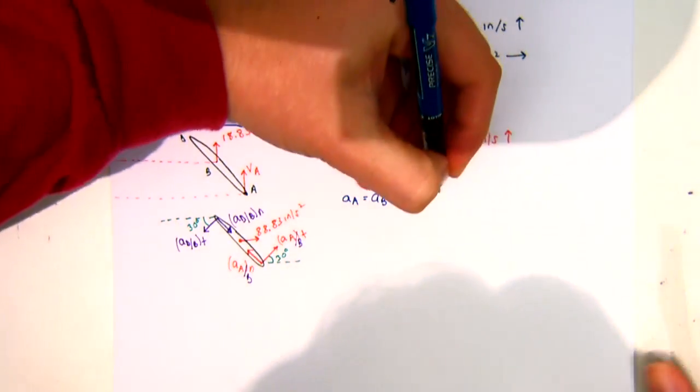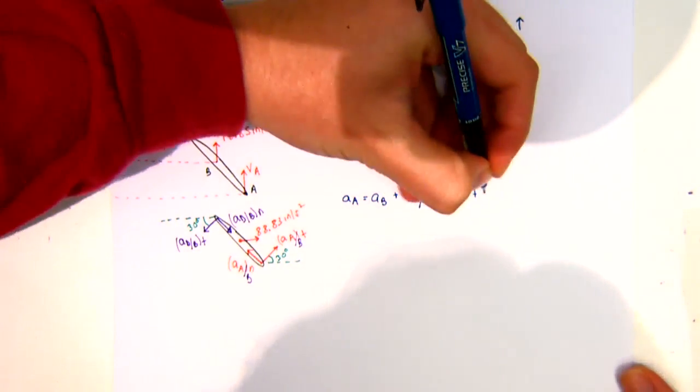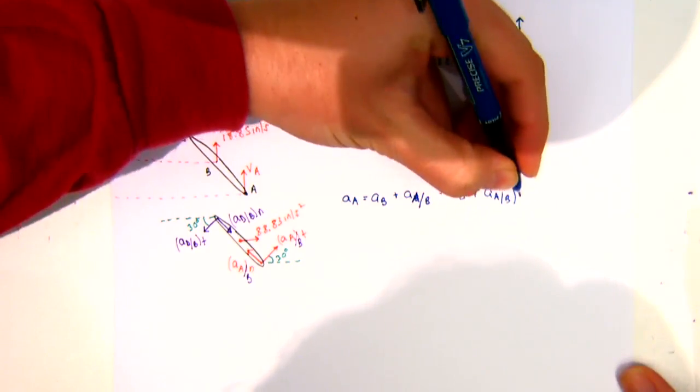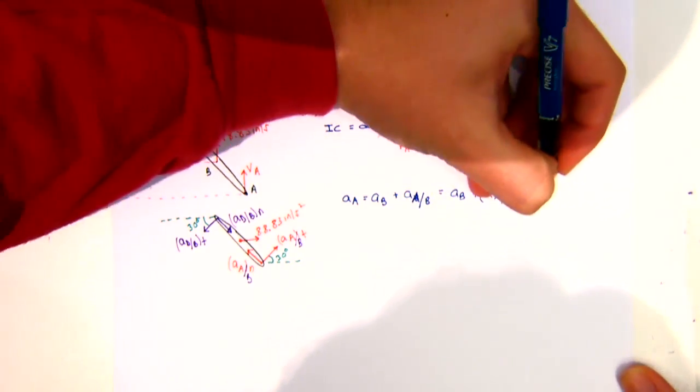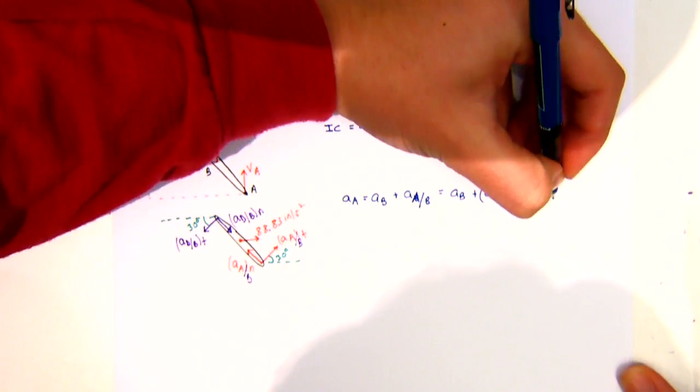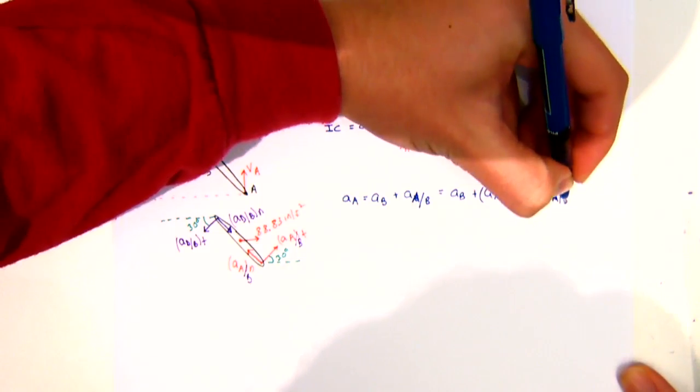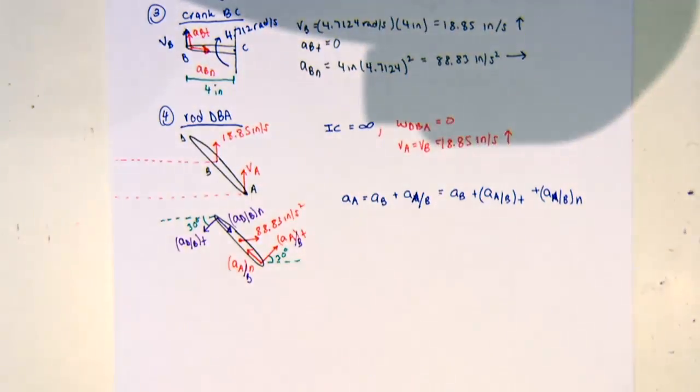So this is the same as saying AB plus AA relative to B tangential plus AA relative to B normal. So if we plug in our equations that we have for these,